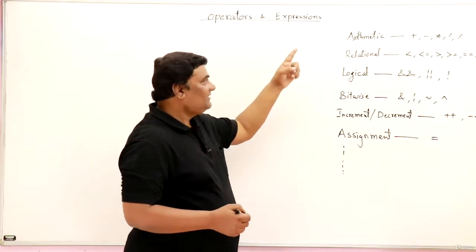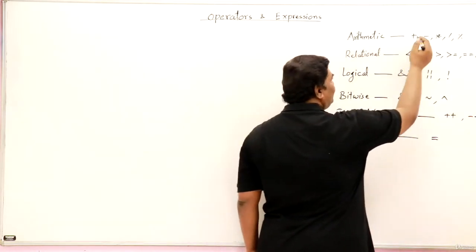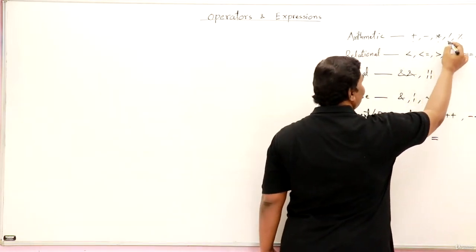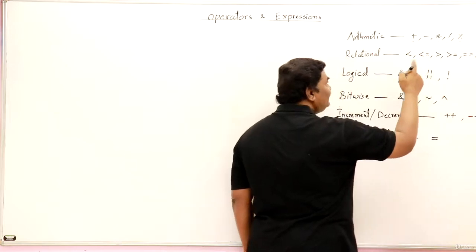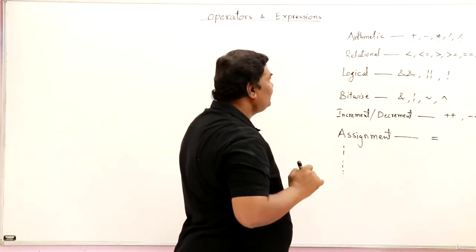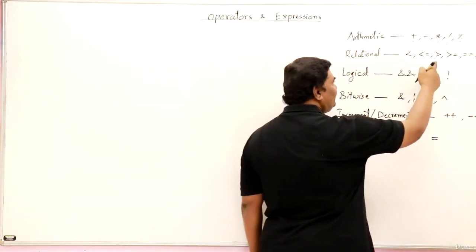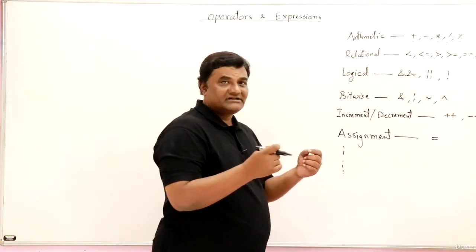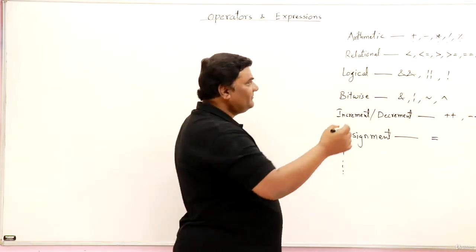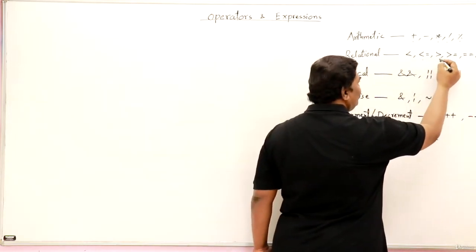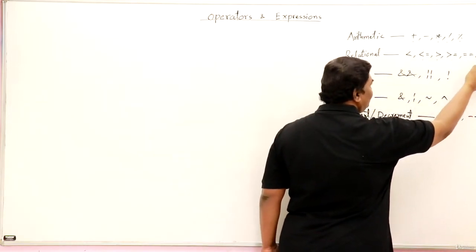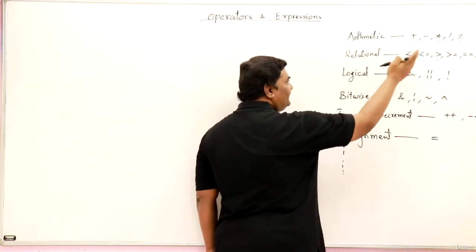First of all are arithmetic operators. Arithmetic operators are addition, subtraction, multiplication, division and mod. These are the operators I am going to discuss right now. Then the other operators, the relational operators, are useful for comparing numbers and values. These operators are less than, equal to, greater than, and not equal to. We'll learn these afterwards.